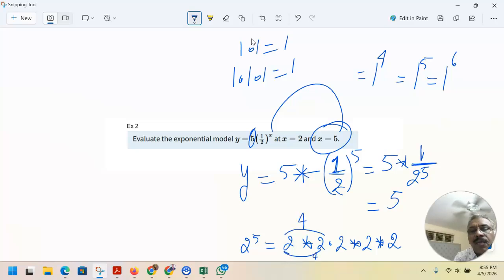2 times 2 is 4. 4 times 2 is 8. 8 times 2 is 16. 16 times 2 is 32. See? So the answer you get is 1 over 32,